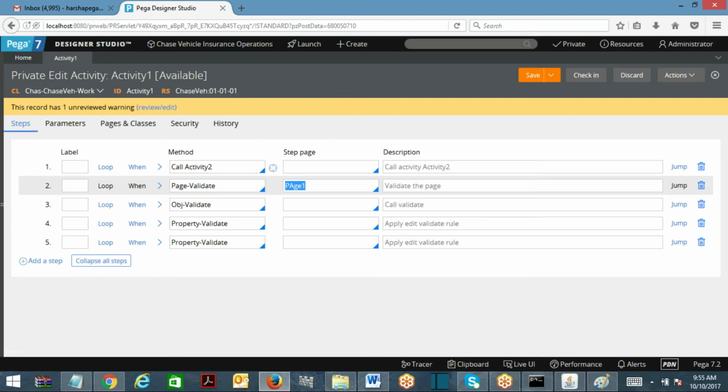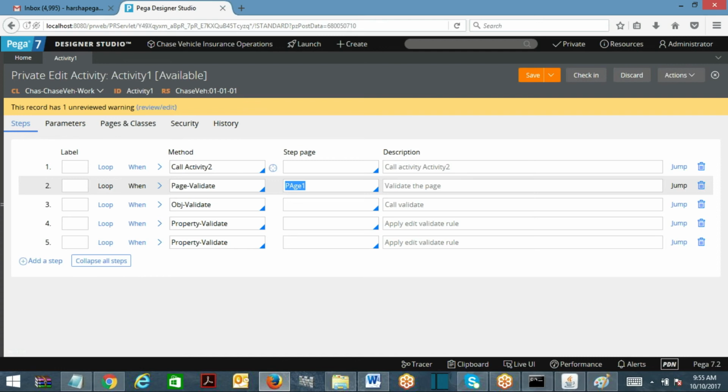What do you mean by flow, Stefan? Where do you call that page? In the activity itself, or in a section or UI? In a section. In a section, it is there, no need to call it here. You want to perform it in the UI? Yeah, that's why I ask about the business logic level. At the UI level, it will directly execute. This is the business logic level. Business logic level will not be executed automatically. Use page validate. If the page has a property that has edit validate, that will be executed. If you don't have one, it will not have any impact. No issues. This is clear.